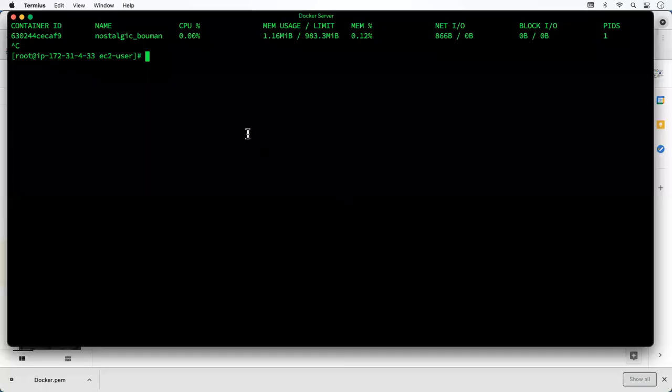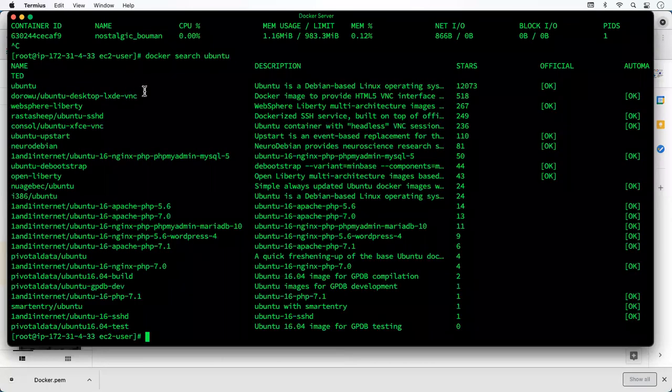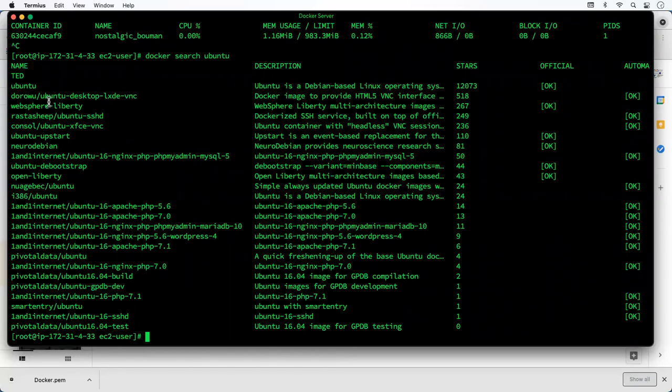We can also search our Docker images here. Let's use docker search. If we don't have a browser on our host machine, we can easily search our images here. I want to search Ubuntu images in Docker Hub, or the CentOS images. It will show me all the Ubuntu versions here. First is this, second is this, third is this. These are all the versions and official. You can also check the status with that.